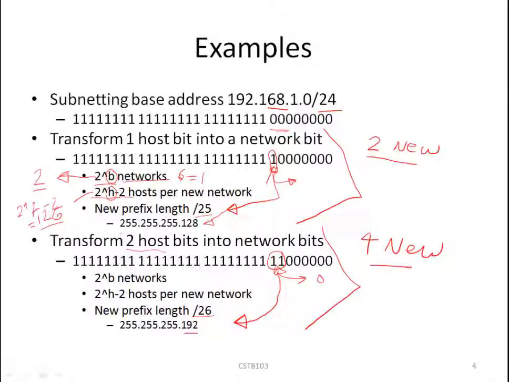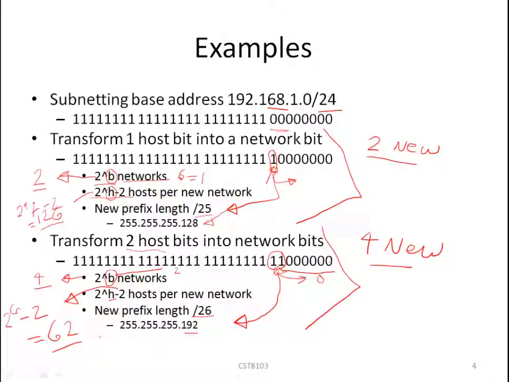Here, in our formula, b, the number of borrowed bits, is 2. So 2 exponent 2 is 4. So we have 4 new networks. And in each network, we have 2 to the h. h is, how many host bits do we have left? 1, 2, 3, 4, 5, 6. 2 to the 6 is 64, minus 2 equals 62. We have 62 hosts